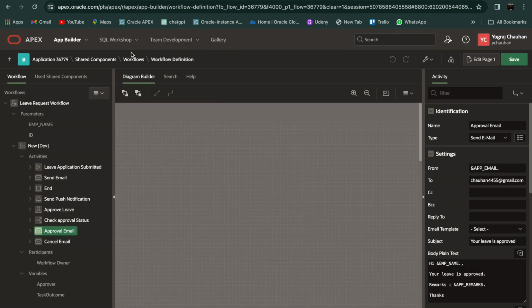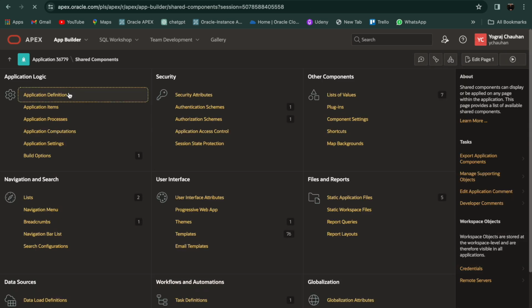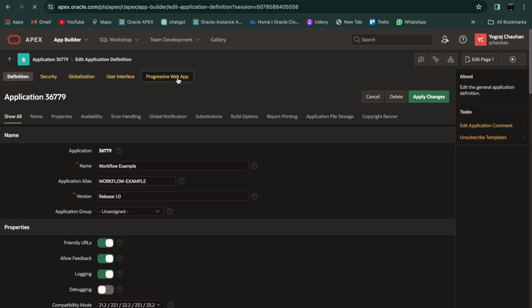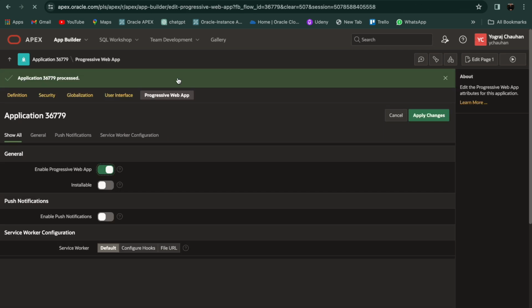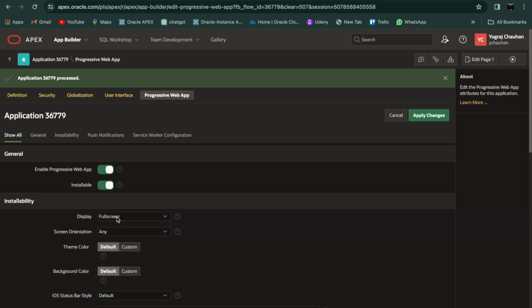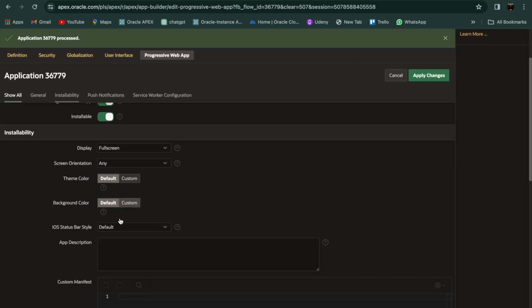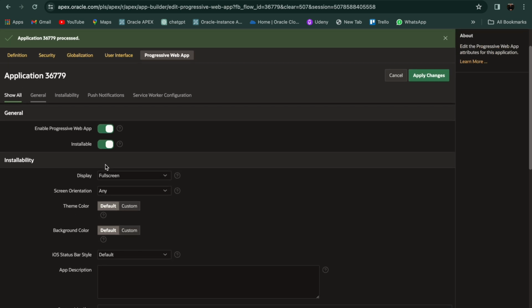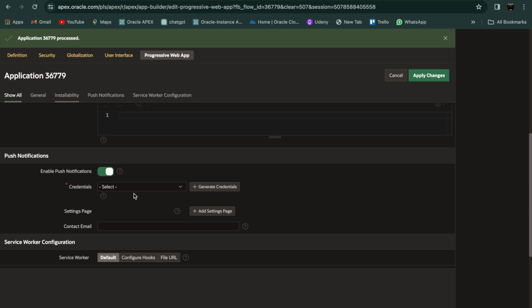Now for push notification, we need to do some settings in the application definition. Go to Application Definition, select Progressive Web App. Enable push notification. Turn on Installable. It means a Download button will appear in the browser when this application link is opened. Now select the credentials